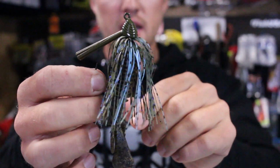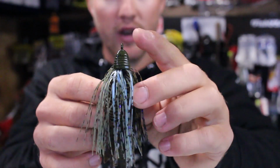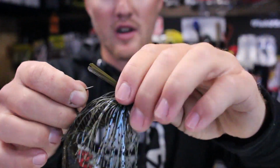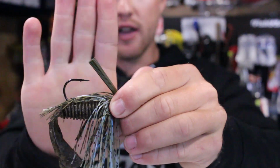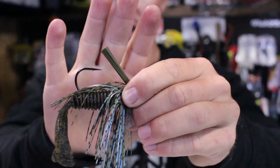Okay, so let's talk jig modifications. I'm going to start with the two jigs that I like to throw and why I like to throw them. I like a bigger style jig, which is my version is the 6 Sense Hybrid. It does a good job for me because it has a stiffer weed guard and I can throw it in more places. I can throw it around wood, I can throw it around big laydowns, because let's face it, this